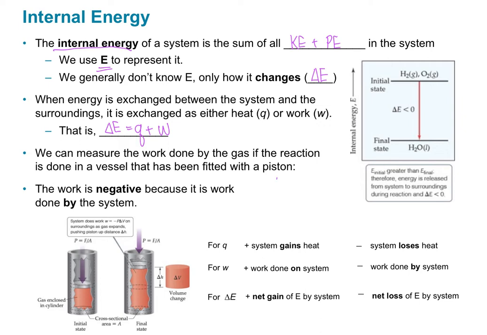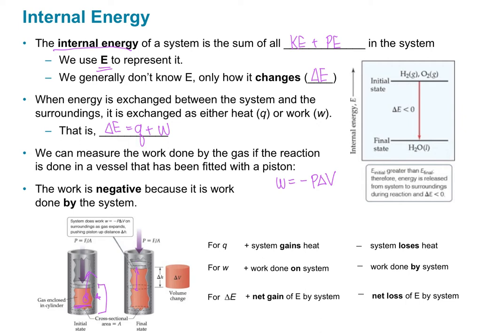So the relationship is work equals negative pressure times the change in volume. Here we have a system initially. It has this volume. As the reaction happens, the volume increases. So basically what that means is, if I just look at this original system, to get it to open up to increase the volume, my system has to push out against the piston and move it up. So my system is doing work on the piston.